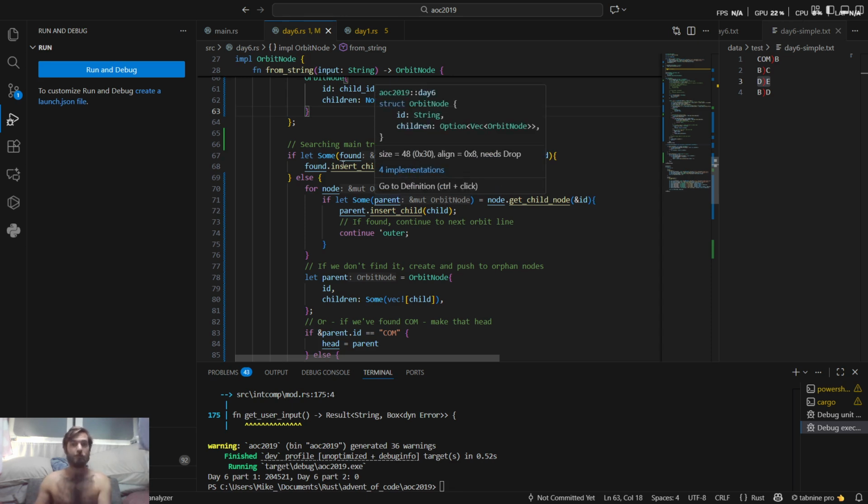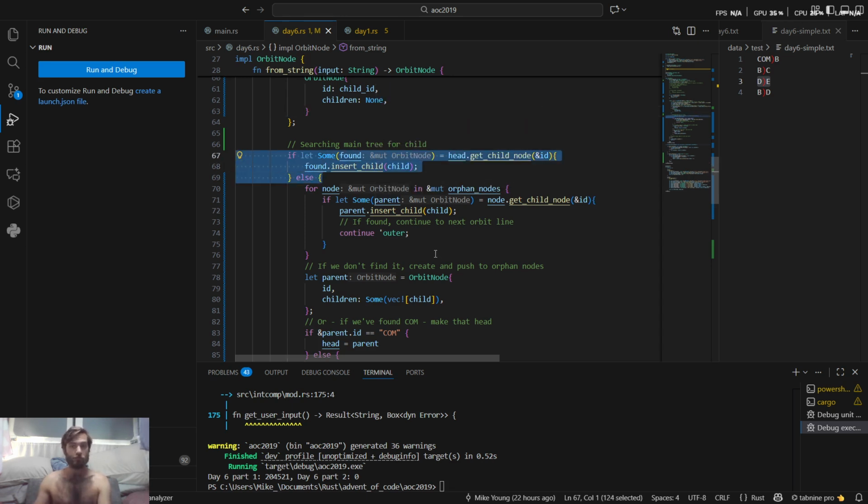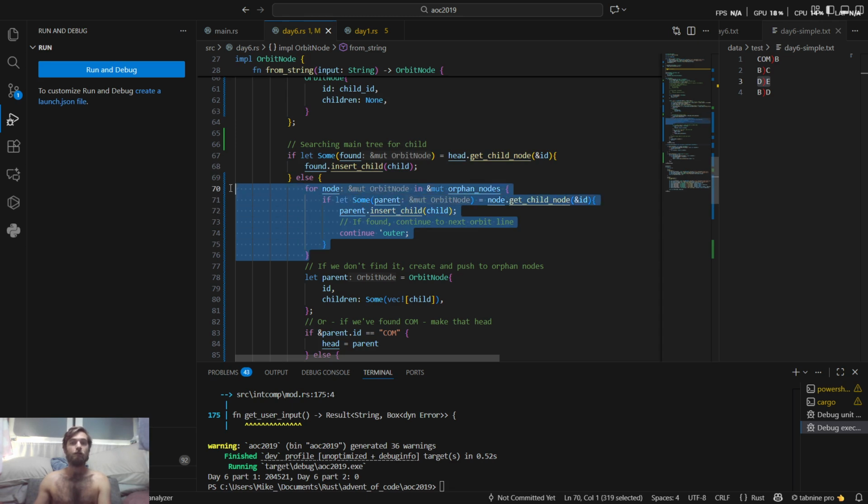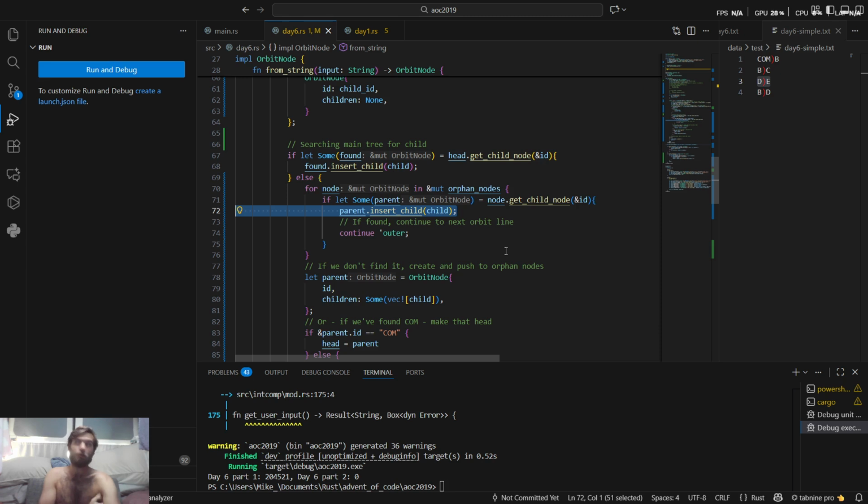put this child inside. So if it doesn't exist in the main tree, we are going to look through all our orphan nodes for something with an ID of D, and if we find it, we're going to insert child E into D. In the recording I deleted, there were lots of B's going into D's, or B's that wanted